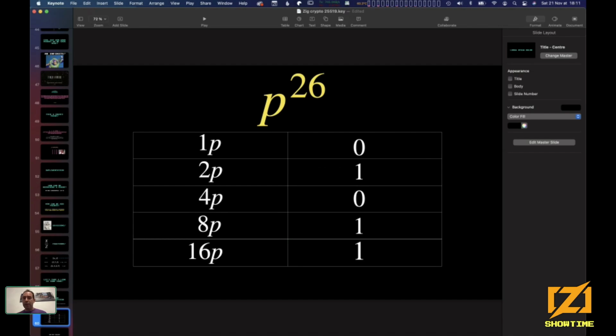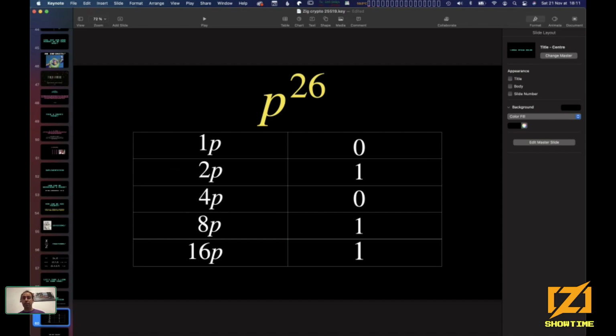So here is an example. We have a point p, and we want to compute p times 26, which is we take p and we add it to itself 26 times. 26 in binary is 1, 1, 0, 1, 0. So in a loop, we are going to compute p, 2p, 4p, 8p.